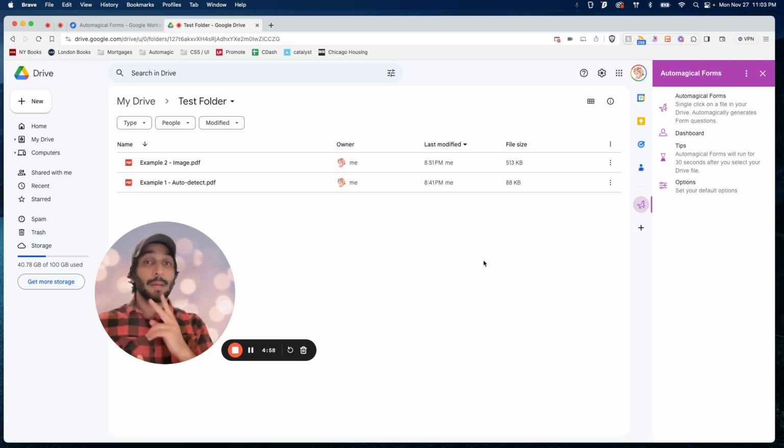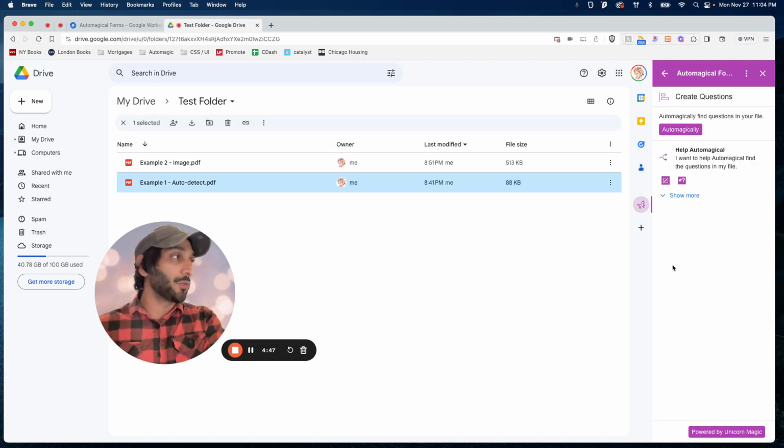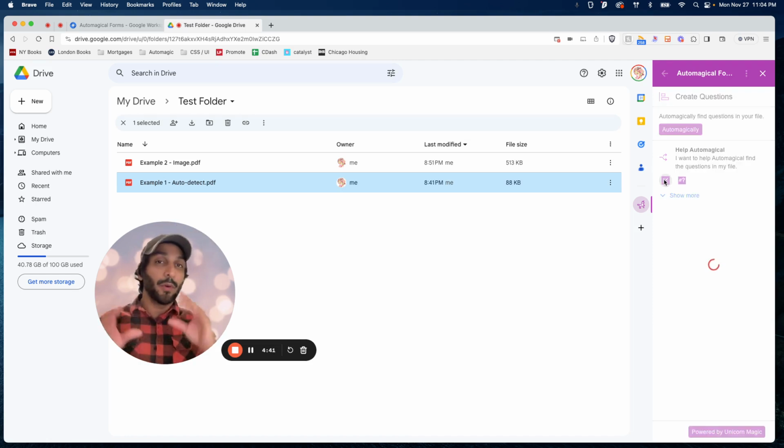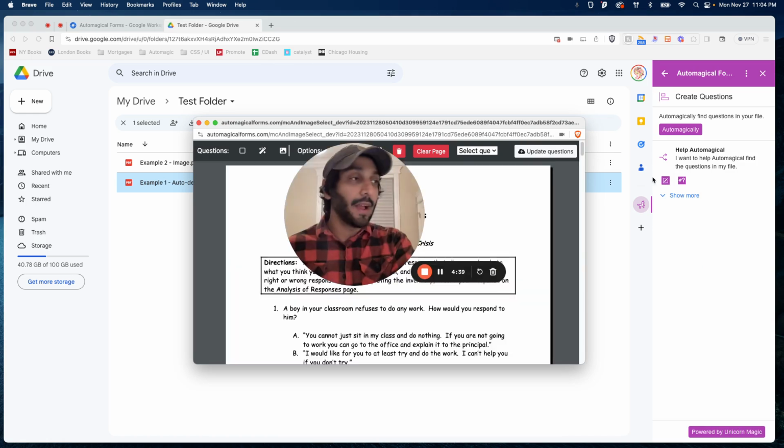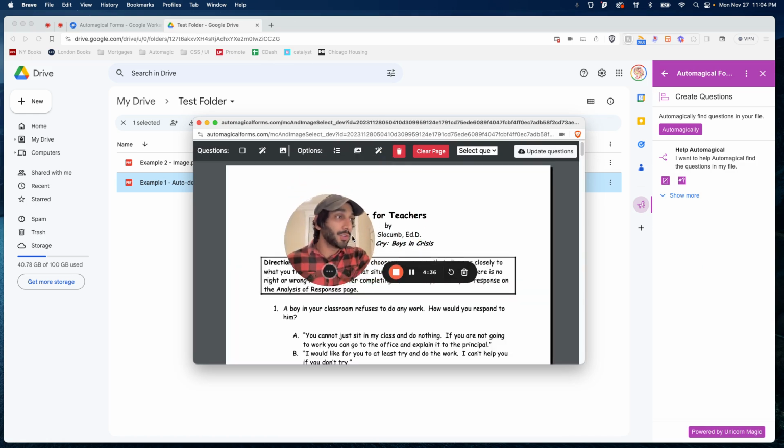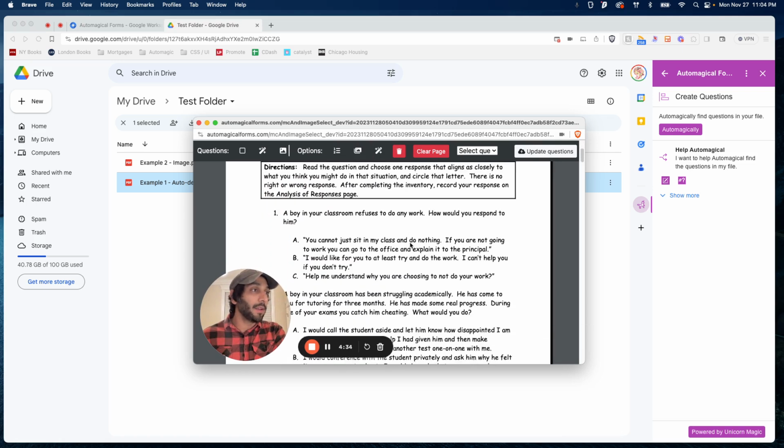All right, let's move on to example number 2, where Automagical Forms doesn't automatically catch all the questions in your doc, and you need to guide our AI a little bit in order to capture your specific questions. So here, if I click back on the doc, in Automagical Forms, instead of clicking automatically, I can click this little pencil button. When I click this button, it's going to open up a small pop-up window with my document in it. Here, I can actually draw on my document to show the software where the questions are. Now, the simplest and most straightforward way to do this is simply click this magic wand button on the question side of the top panel and select